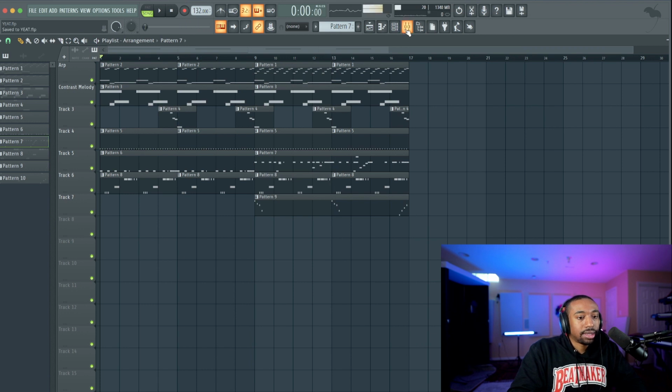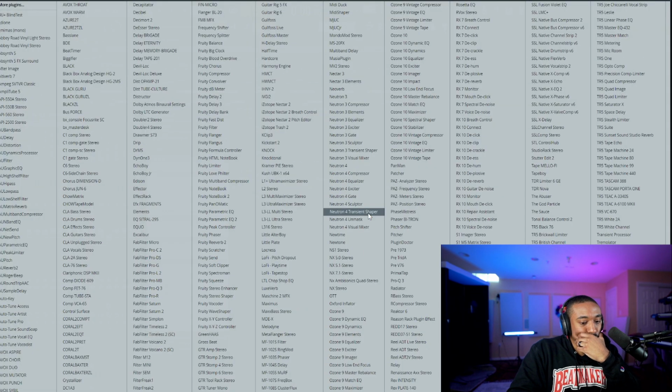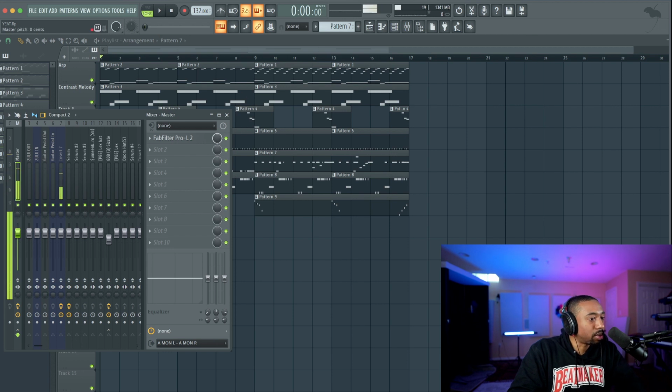Now the last thing I would try is changing the pitch of the entire beat. Now the question is, how do you do this easily? There is no easy way. Because in FL, you can't just move the master pitch knob. It doesn't change everything. Your 808s and stuff still sound the same.